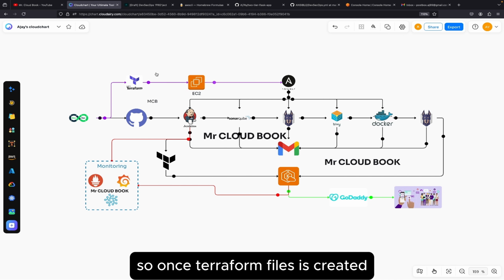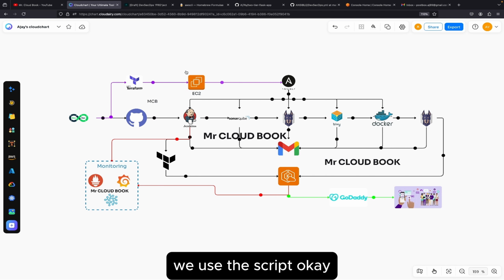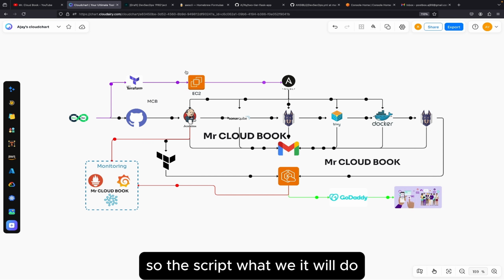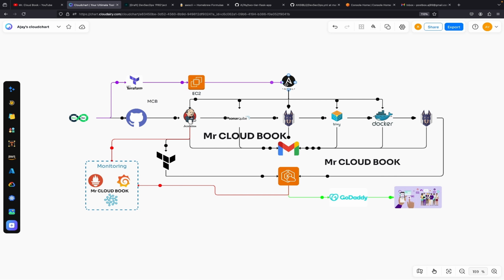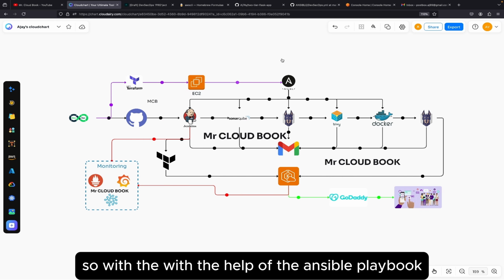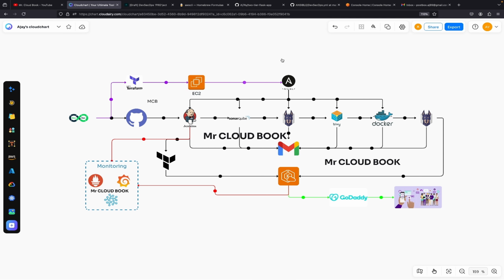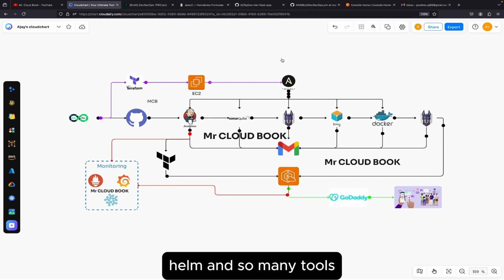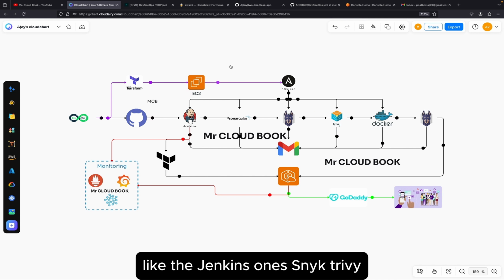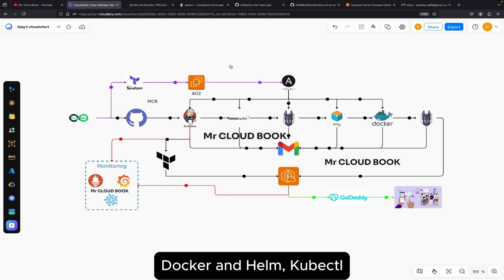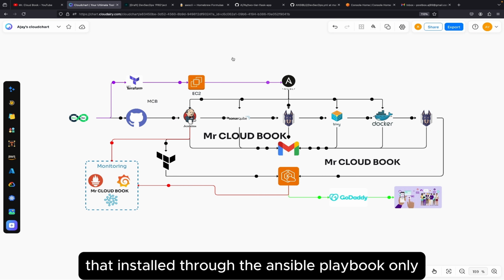Once the Terraform files are created, we are going to provision the EC2 instance, and in that particular EC2 instance, we use a script. The script will install Ansible. With the help of the Ansible playbook, we are going to install Jenkins, Snyk, Trivy, Docker, Kubeadm, Helm, and so many tools. The tools we are using, like Jenkins, Snyk, Trivy, Docker, Helm, kubectl, and every tool that we are going to use in this project, are installed through the